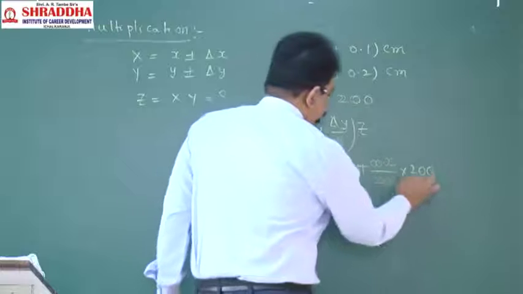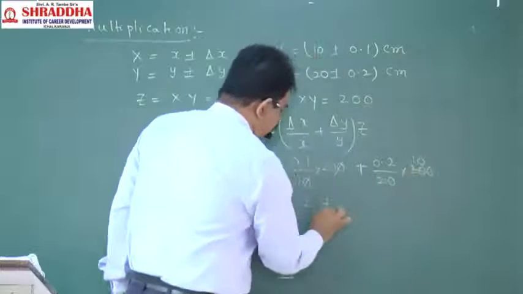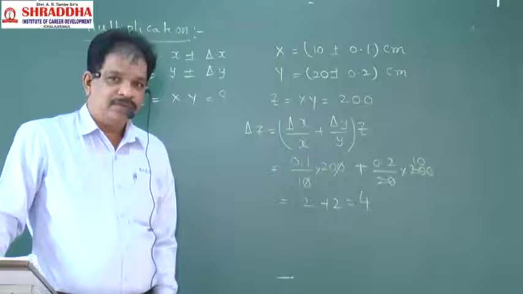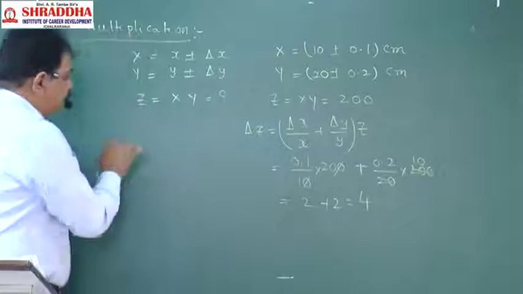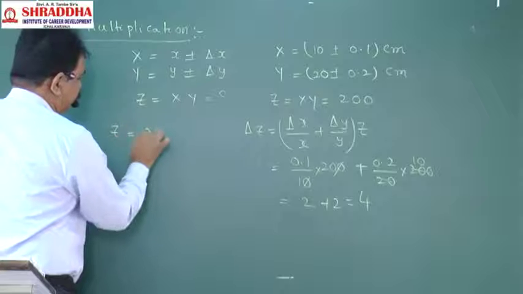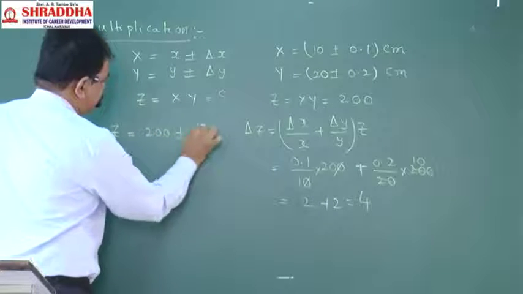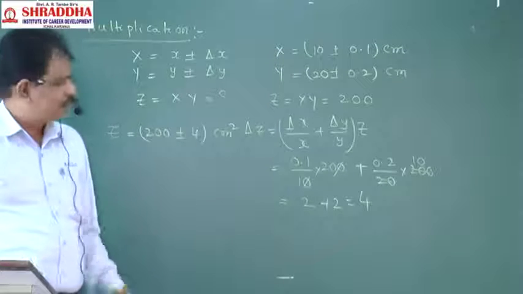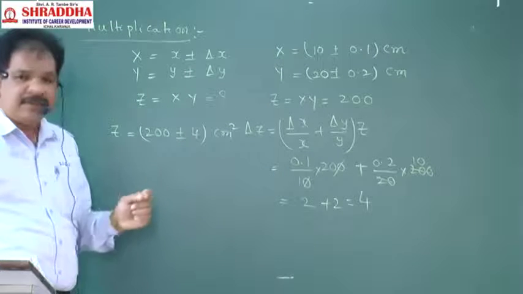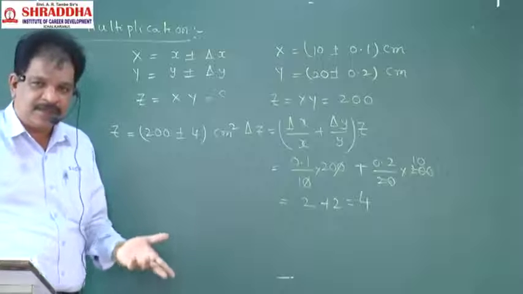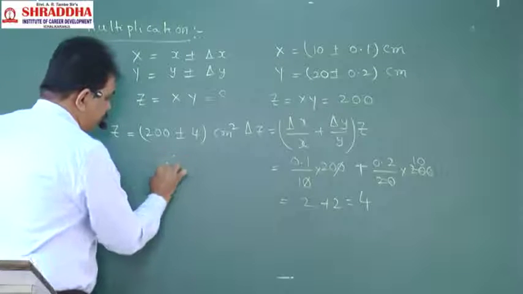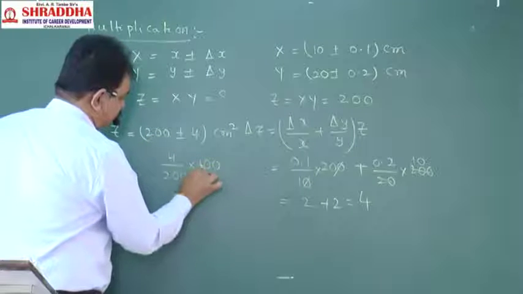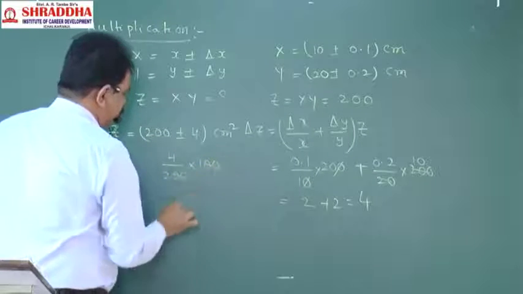This value will also be 2. This is equal to 4. So what is the final Z value? 200 plus or minus 4 centimeter square. That is the value. In terms of percentage error, if they ask, 4 by 200 into 100, this value will be equal to